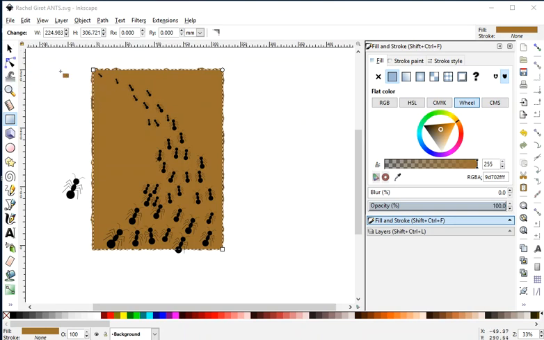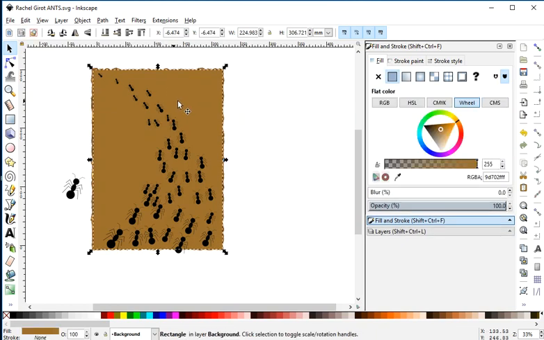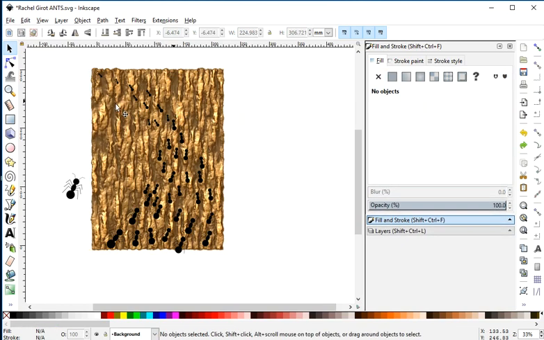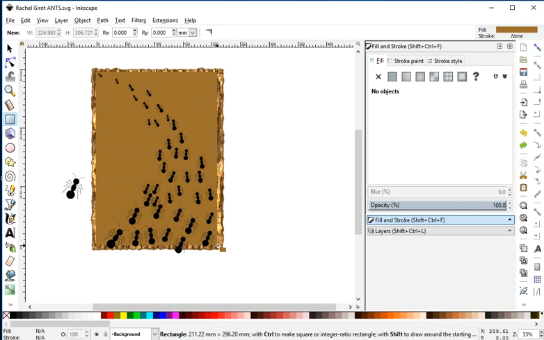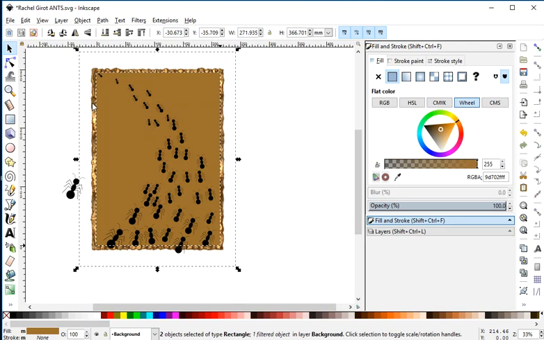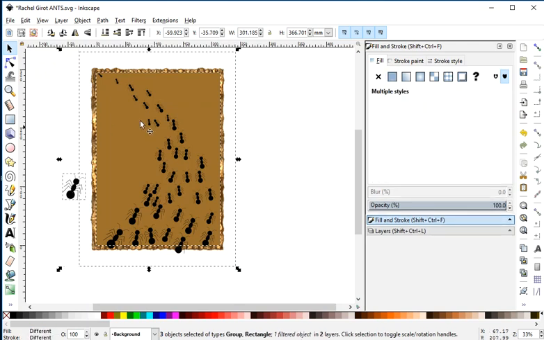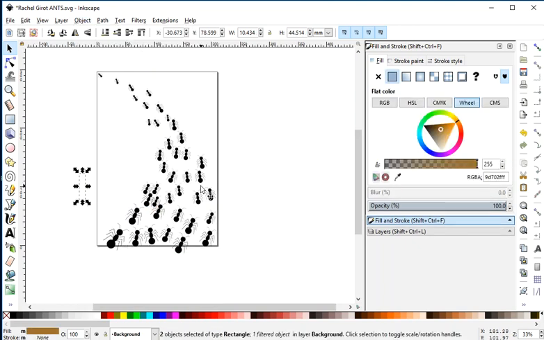Oh, I know why. Sorry. It's because I have to select both. Excuse me, I'm just gonna hit Control Z. Okay. I have to draw the rectangle around it. So file, save. Okay, here's my rectangle. Okay, and then I have to use that selection tool and hold down the shift to grab the other things that are in the background, right, that I'm wanting to clip off the edges of, and then I can go to Object, Clip, Set, and it gets rid of,